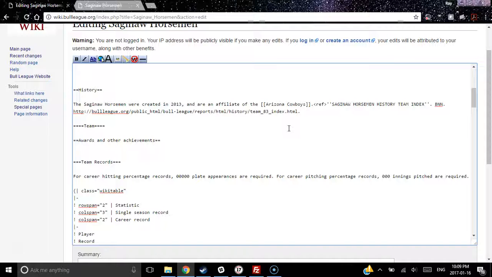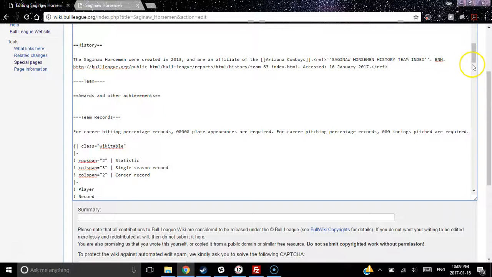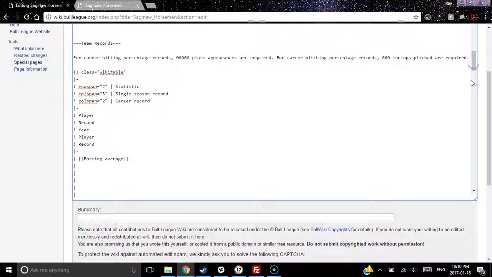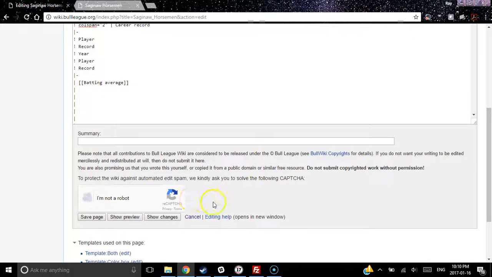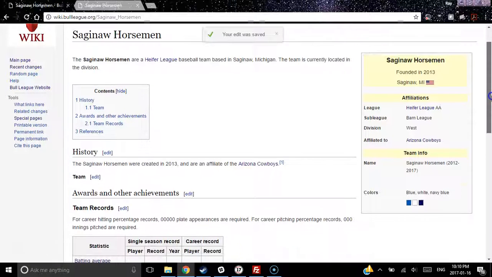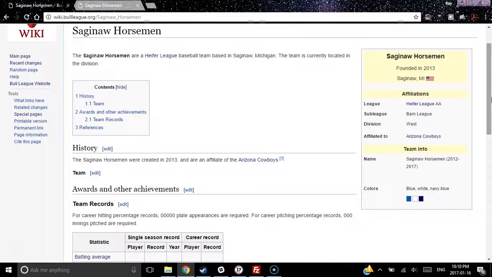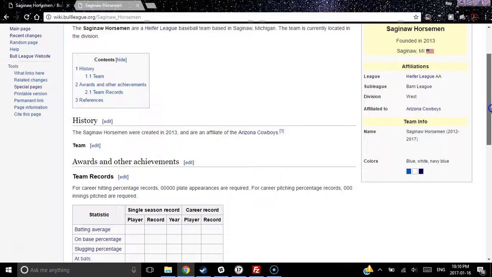Insert the link, period, and then the access date, just to keep it consistent, kind of like the real wiki, Wikipedia, where everything's referenced and dated when you actually looked it up. So here's an example of what a reference tag will look like for the history of the Saginaw Horsemen. Let's scroll down again. I'm not a robot. Save the page. And in less than 15 minutes, we've managed to create our Saginaw Horsemen starter page,